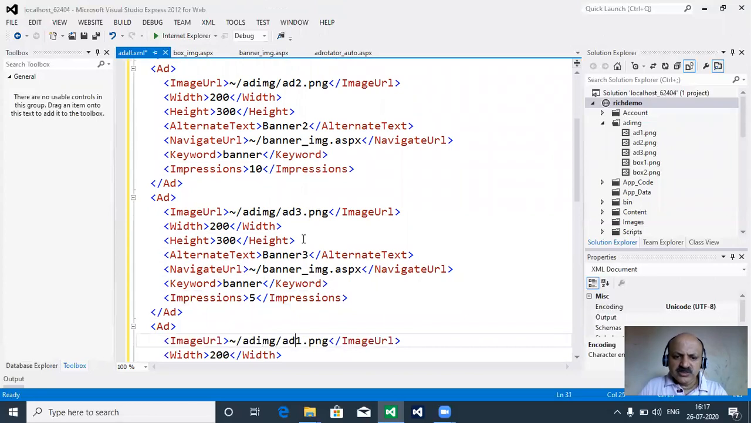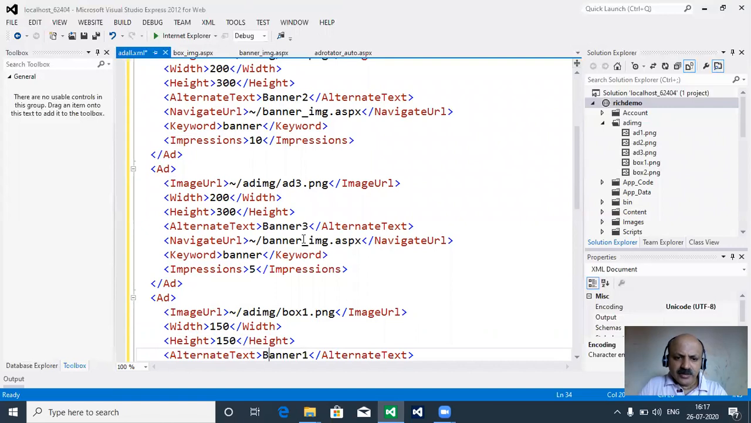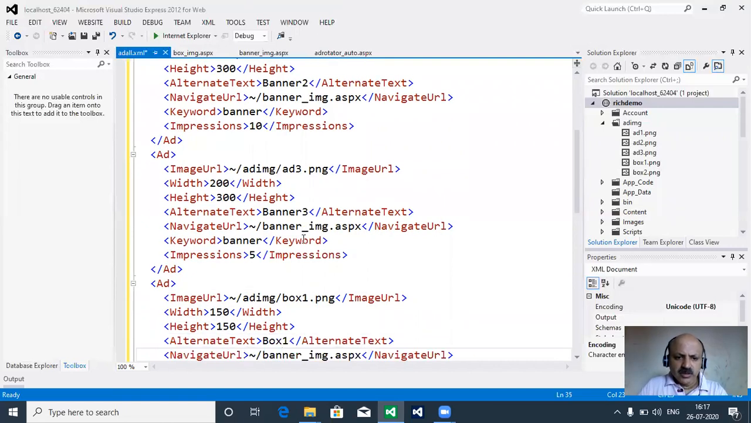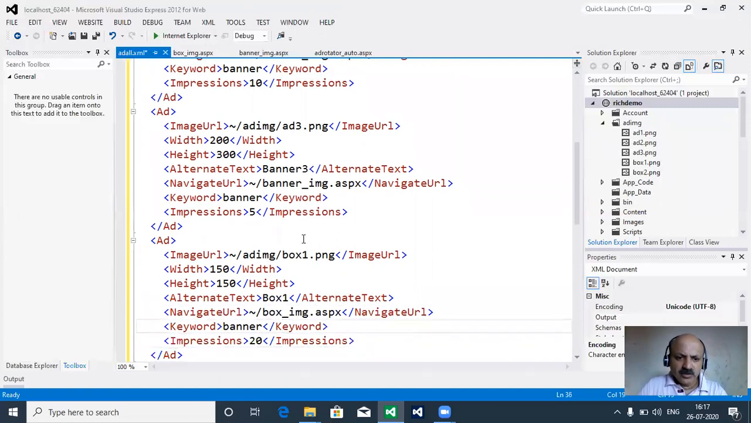Now our box. So box 1 is there, yes, no, yes, and here we can change height and width. So here 150 and height is also 150. Banner we can change, and box, so just box 1. Here also change the box, yes, there is the same name of ASPX file, and also define the group like box,